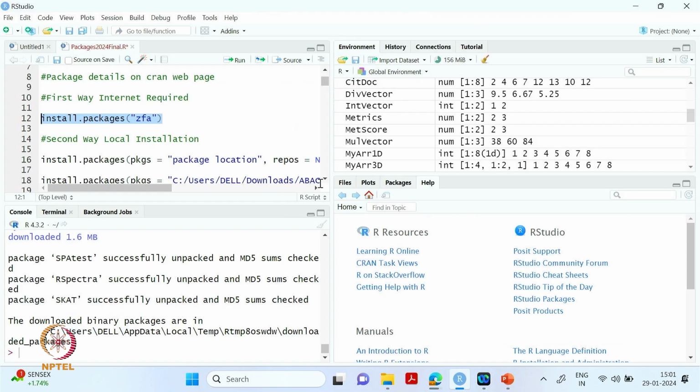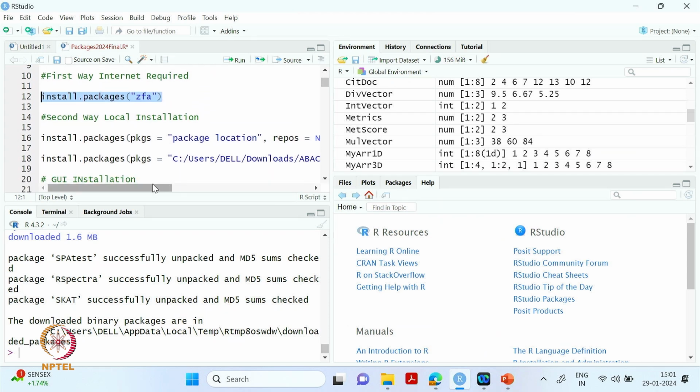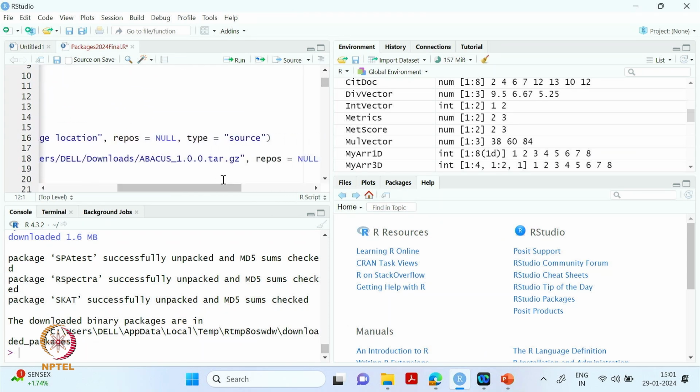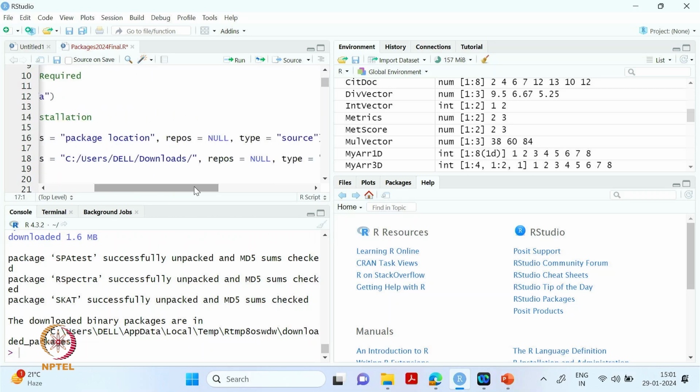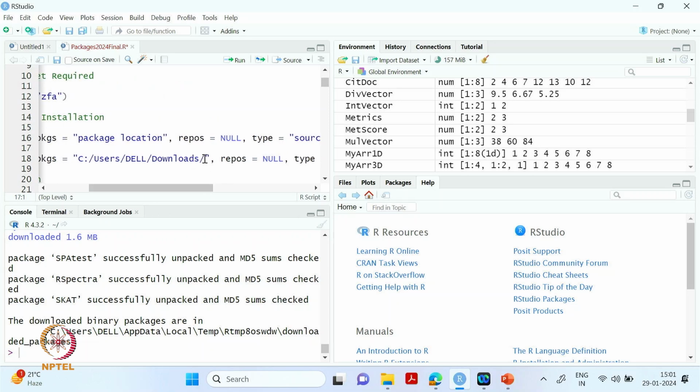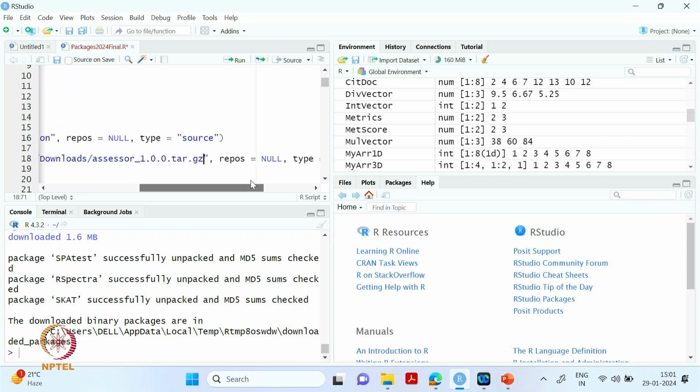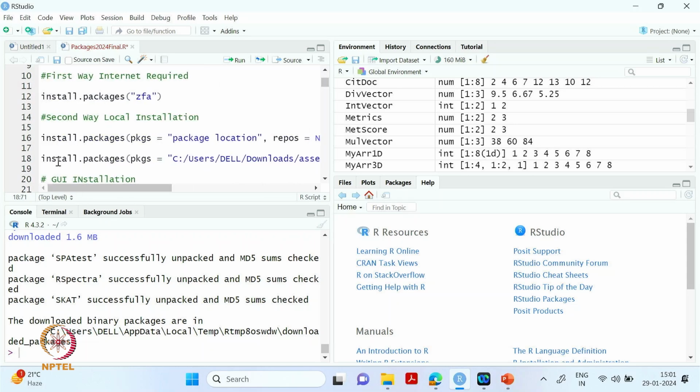I have to give the location of this particular package. It depends on where the file is downloaded. By default my download directory is Downloads, so it will be in Downloads. This is the path of my package location, and if I run this,